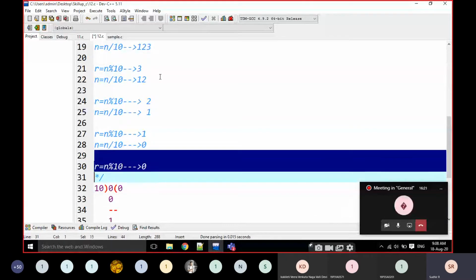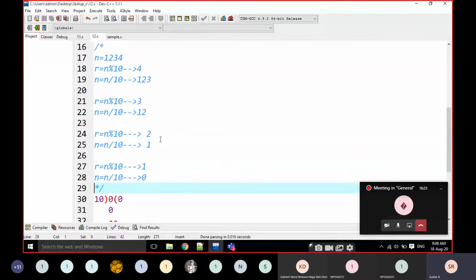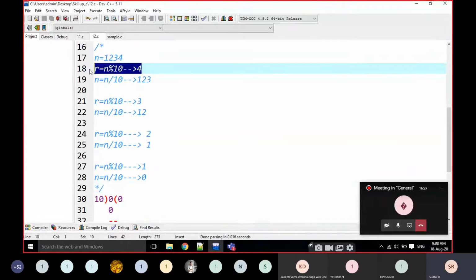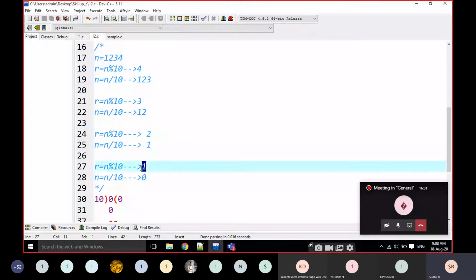We just have to stop here. Look at the R values: R is 4, R is 3, R is 2 and R is 1. That means every R value is an individual digit here.